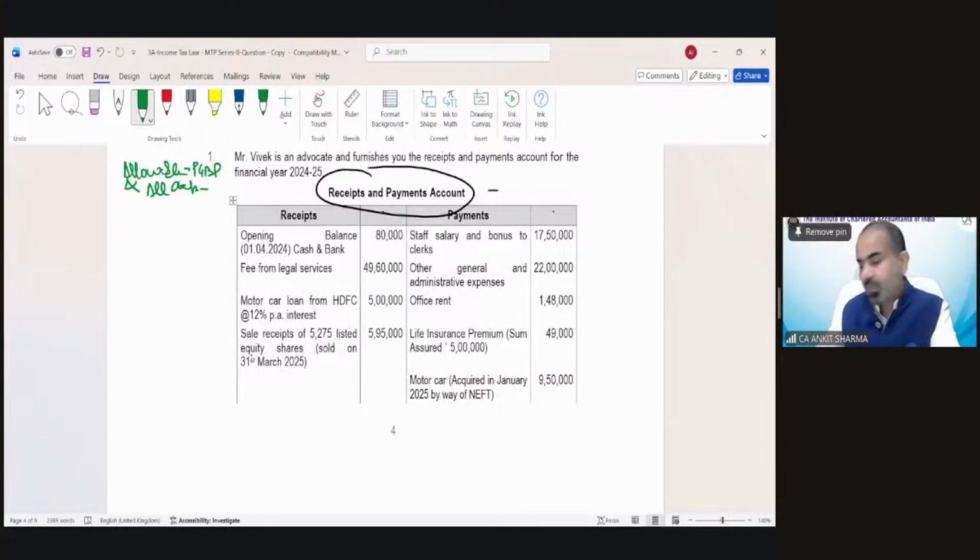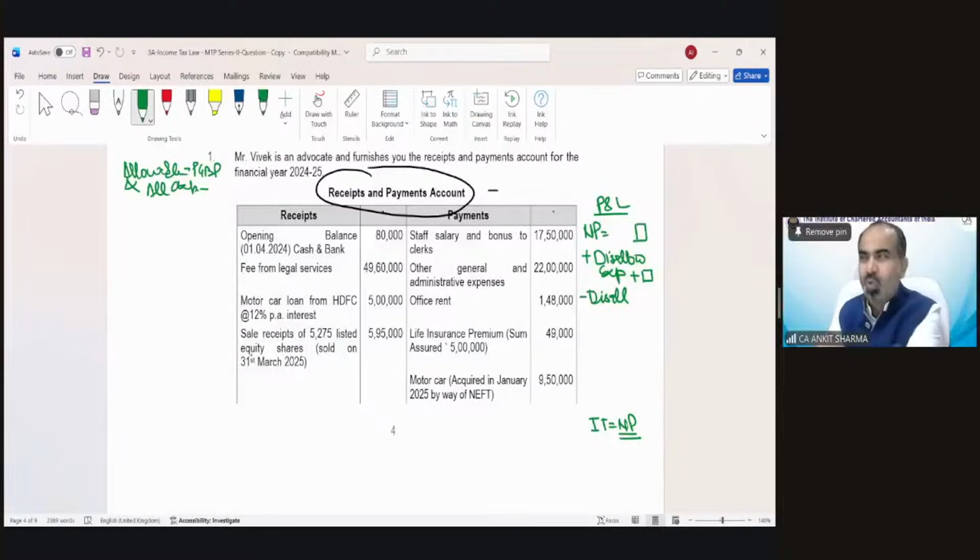In case a normal P&L account has been given, this is the net profit as per accounting provision, and we have to find out the income tax net profit. So what we do is, from this profit, we remove disallowed expenditure by adding it back. As per income tax, those are disallowed expenditures we need to add. And those are disallowed incomes, the incomes which should not be part of my business income, like income from other sources, casual income, capital gain. And I need to reduce disallowed incomes.